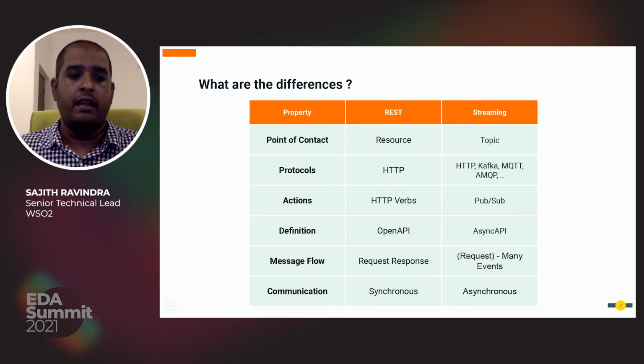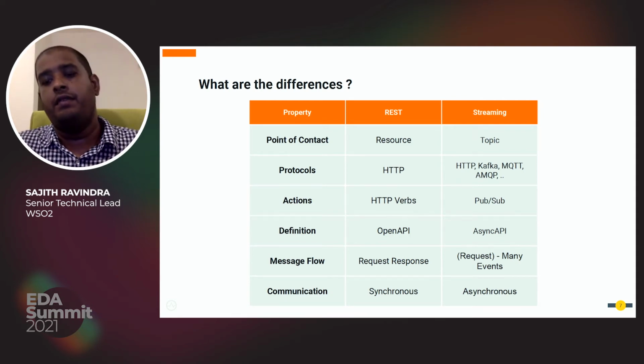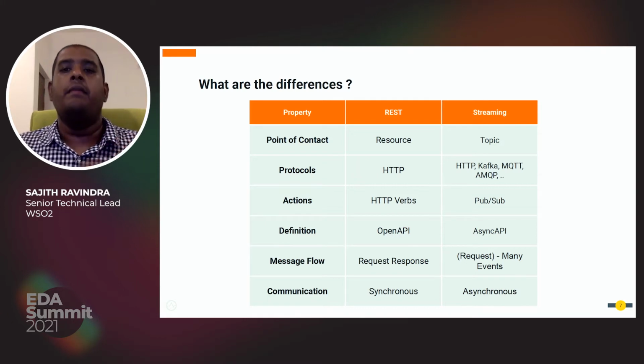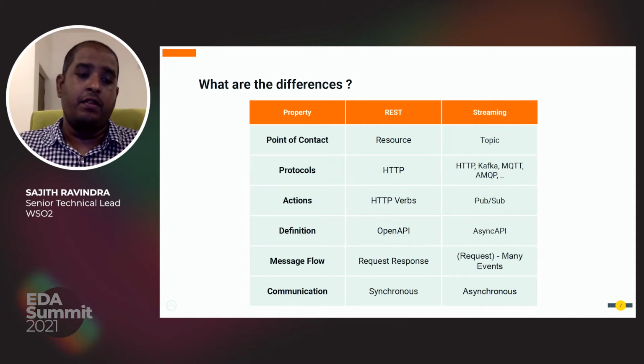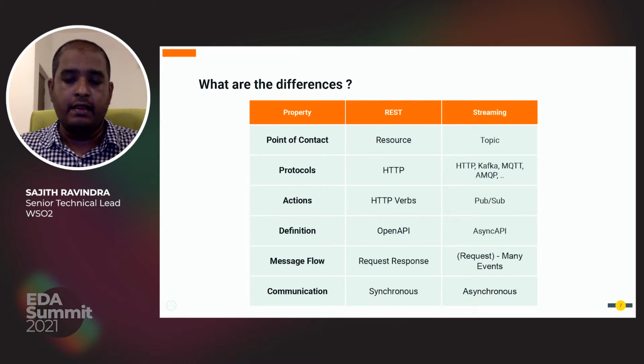And then the message flow. If you invoke a REST API, you would make a request and you would expect a response. But in the streaming world, you might make a request, or you might just make the channel, and then subsequently you will start receiving events, right? And then one of the most fundamental changes, I think, the key difference out of all of these,